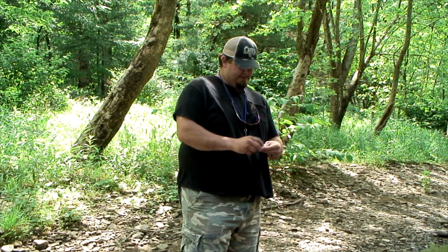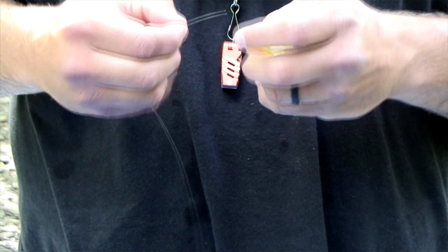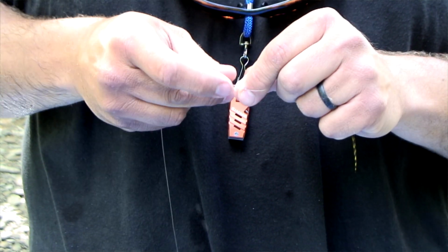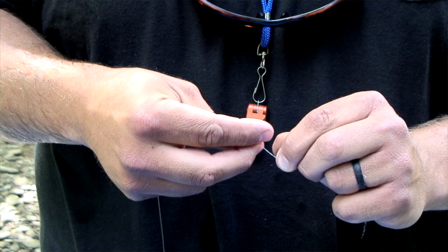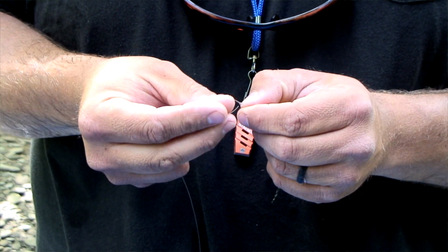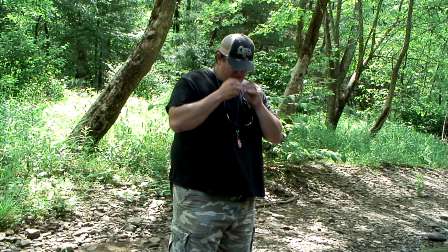I'm gonna tie the non-slip mono knot, or Rapala knot, right now. So basically, you take your leader material, tie an overhand knot, but don't close it. Stick your tag end through your fly, and then go back through your overhand knot, and you want to bring it till you get your loop about the size you want, and then make 3 or 4 turns. Slide it back through that overhand knot. Give everything a cinch,